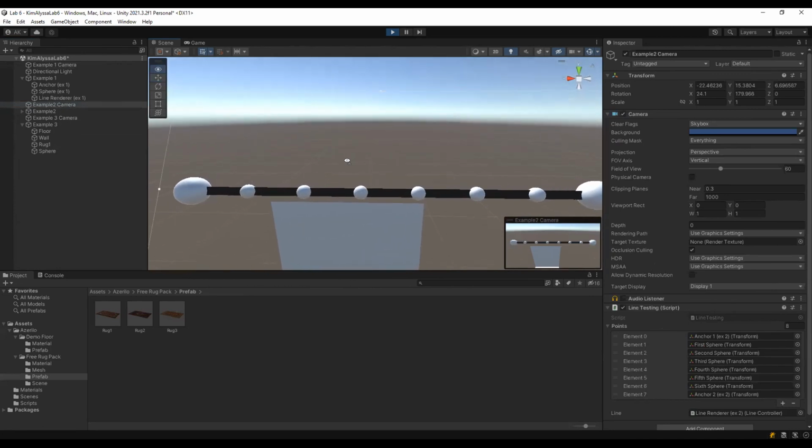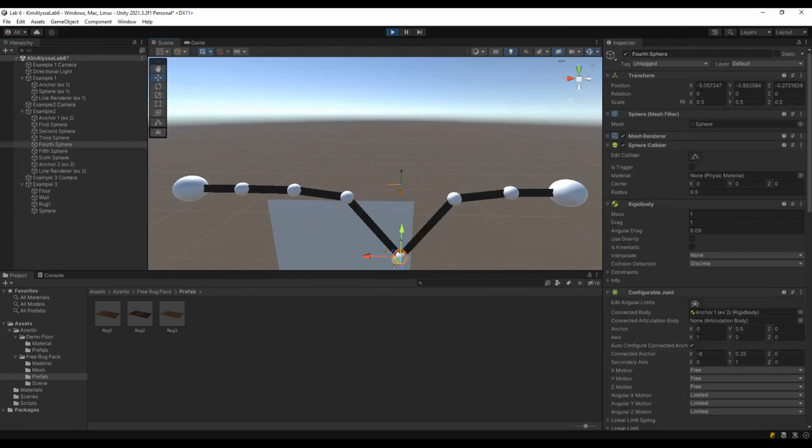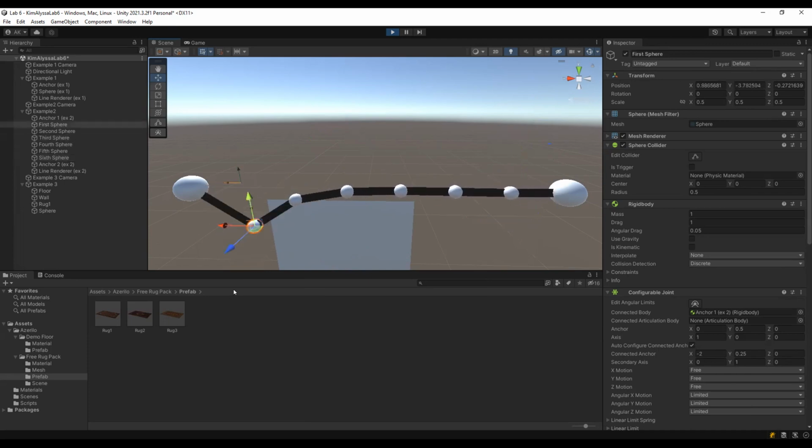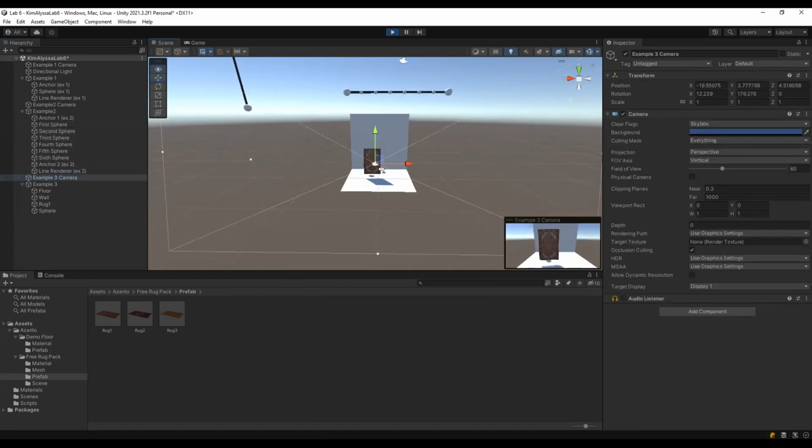this is more like a wire or cloth implementation in which if you pick one of these spears and you just pull them in one direction or the other, all the other spears sort of react to that pull. And then for my third example,